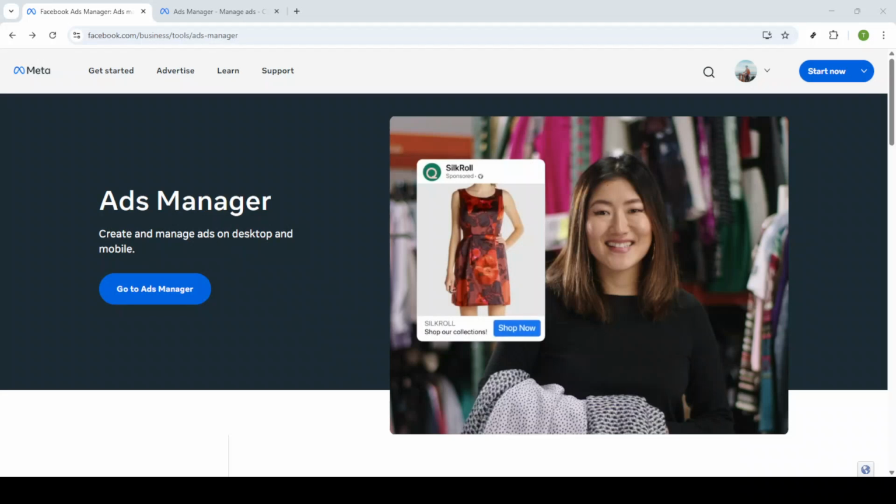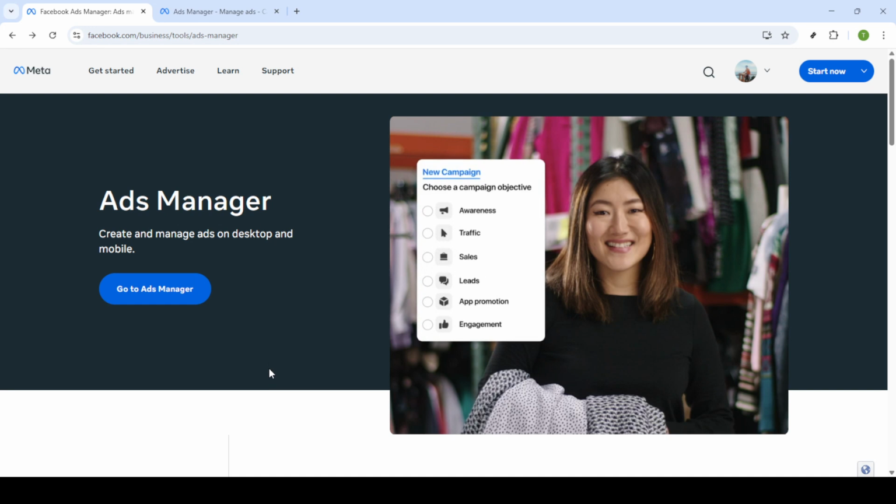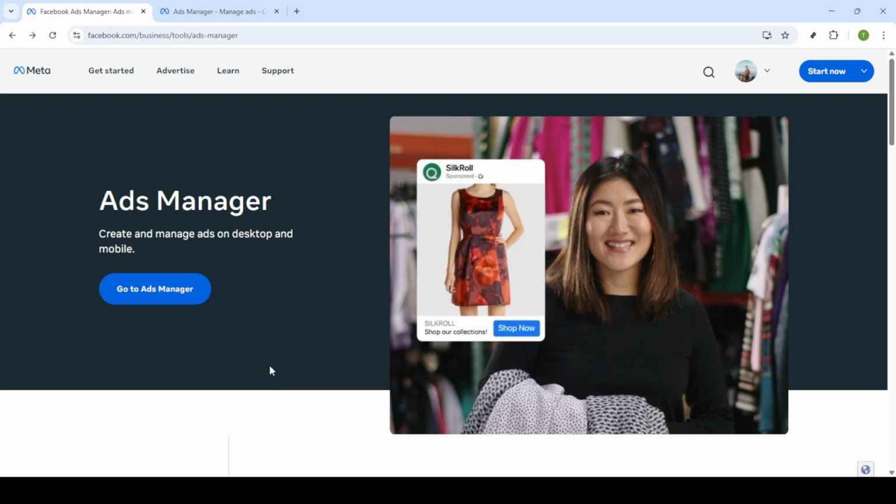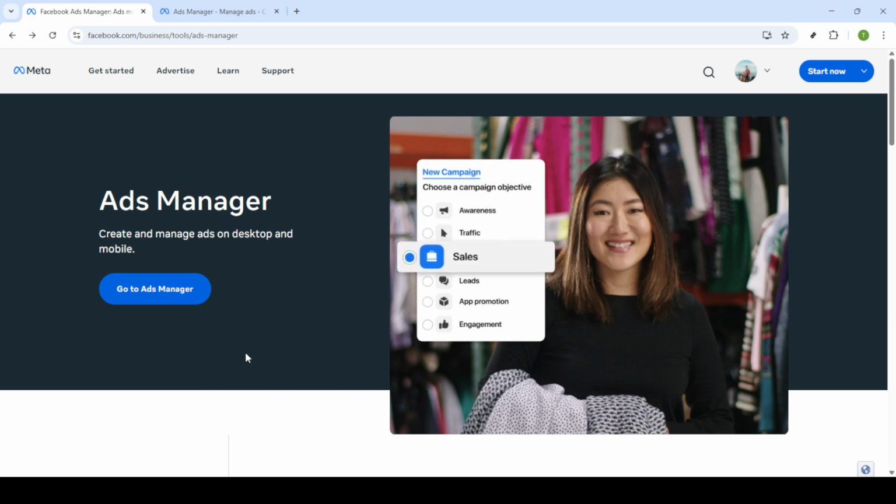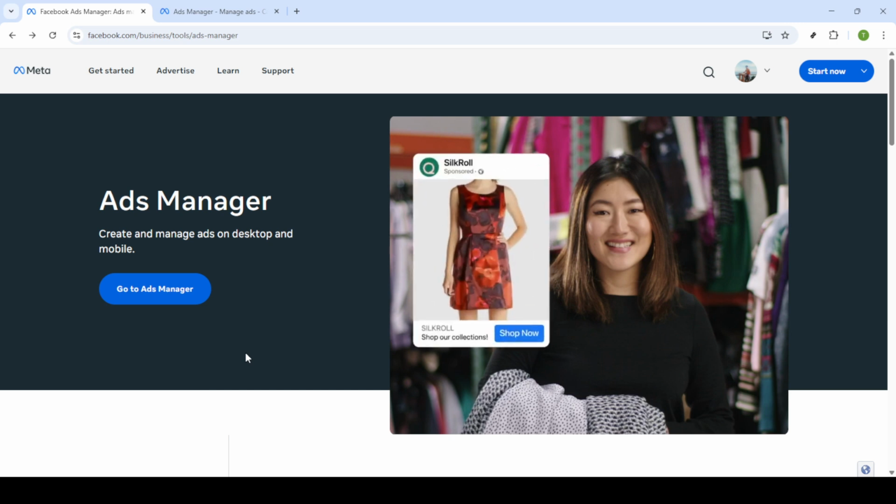In today's video, I'm going to teach you about a major change in Facebook ads location targeting and show you how to fix it efficiently. If you've been navigating the world of Facebook advertising, you might have noticed a significant change in the location targeting features. But don't worry, I'm here to guide you through a straightforward process to not only adapt, but also improve